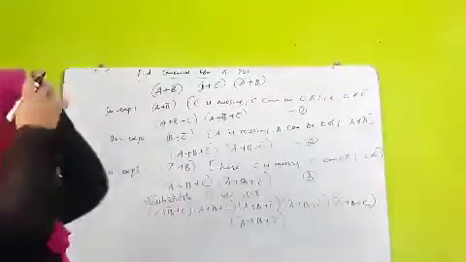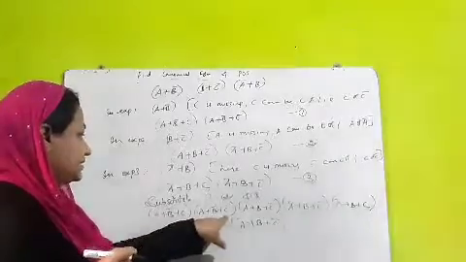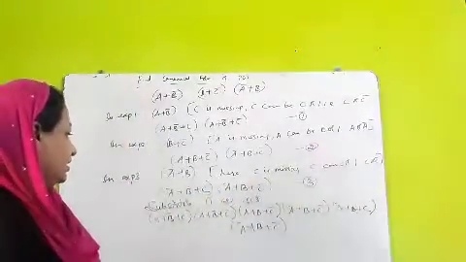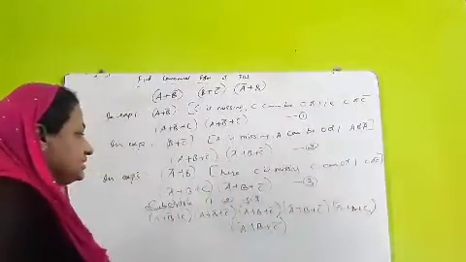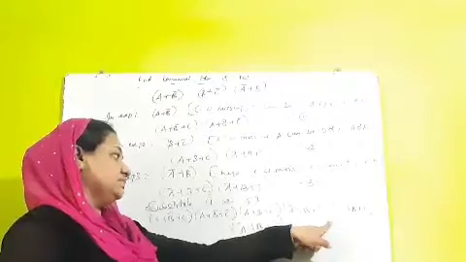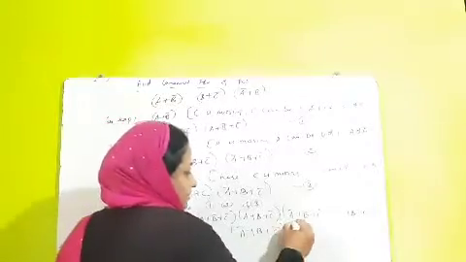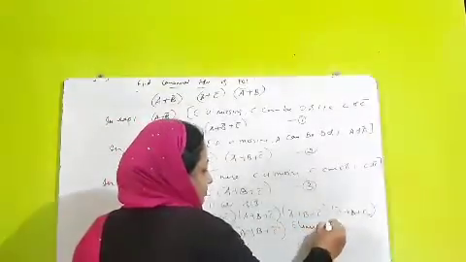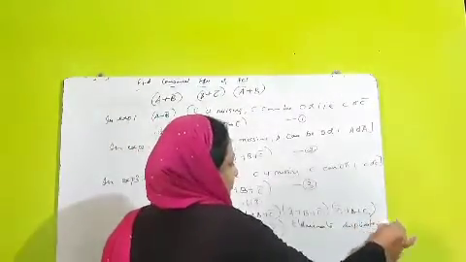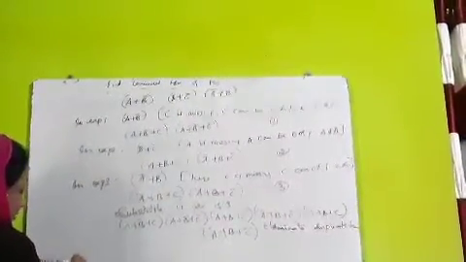Now just check if there are any duplicate terms. A B bar C, A B bar C bar, A B C bar, A bar B C, A bar B C bar and A bar B C bar. So you can see here these two terms are the same, A bar plus B plus C bar, A bar plus B plus C bar. So you can eliminate duplicate terms.